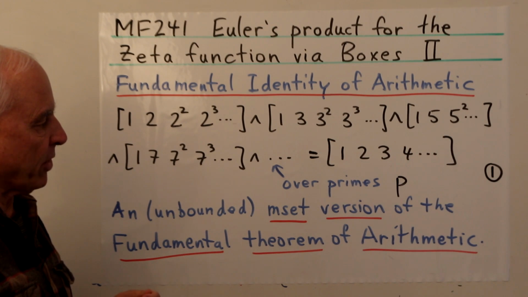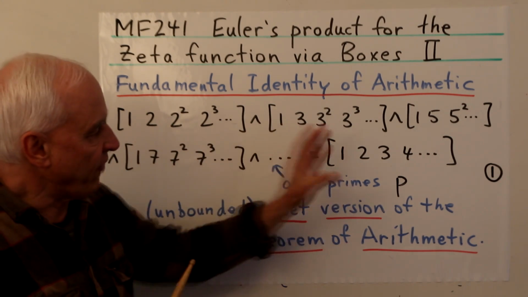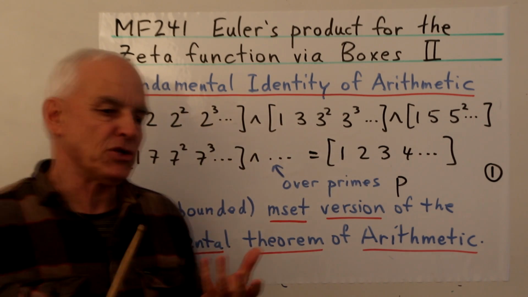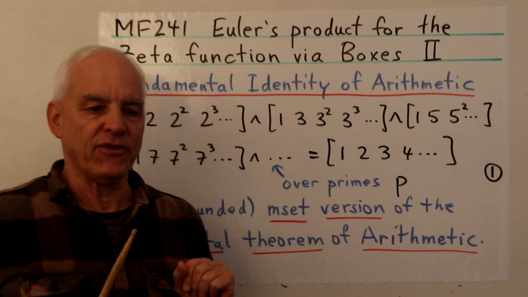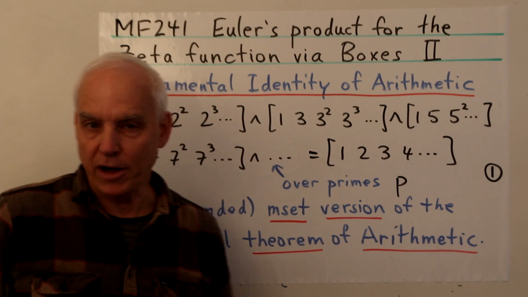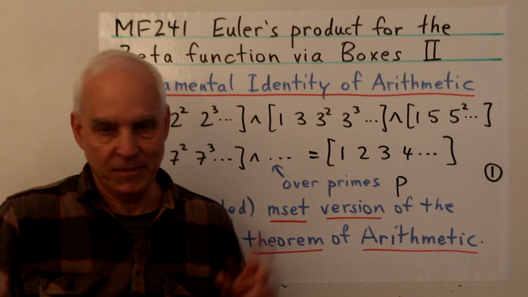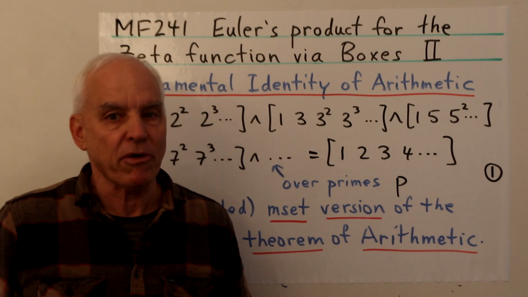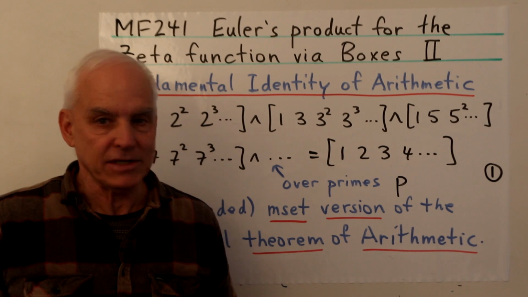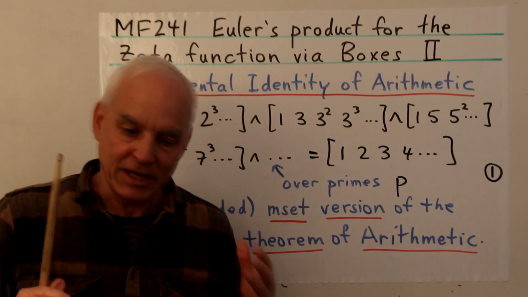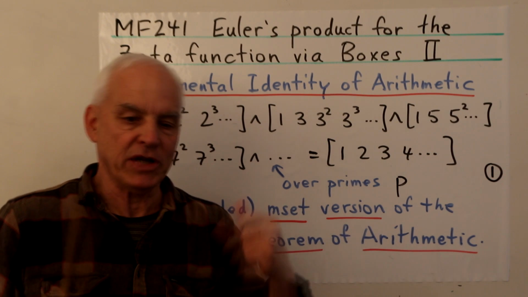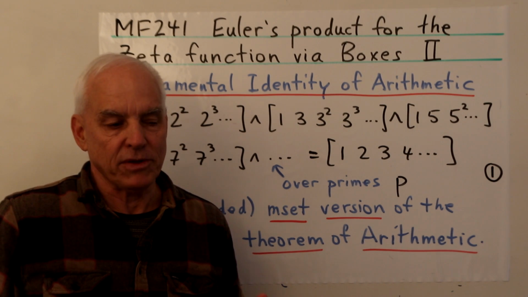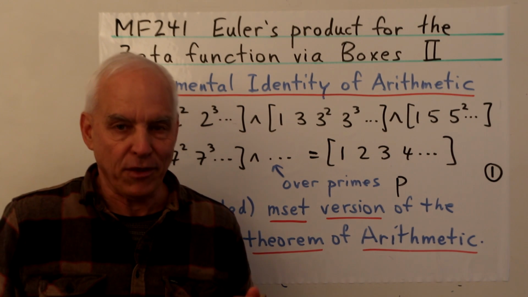Okay, so today what we're going to do is take this fundamental identity and augment it in certain ways, moving towards the Euler product for the zeta function. But the zeta function is, from my point of view, not really a proper mathematical object, and neither is the Euler product. Nevertheless, we're going to be moving in that direction, and we'll see that we are touching base with a wide variety of interesting things.